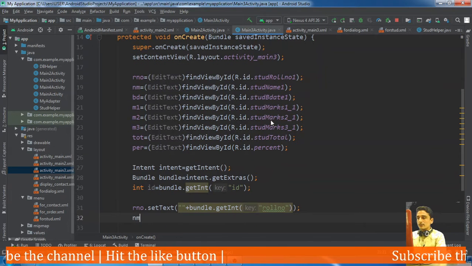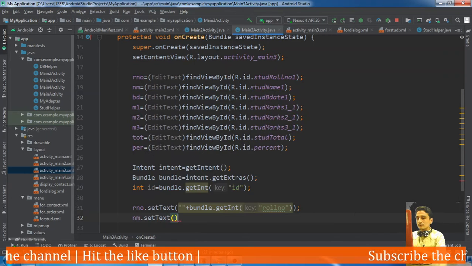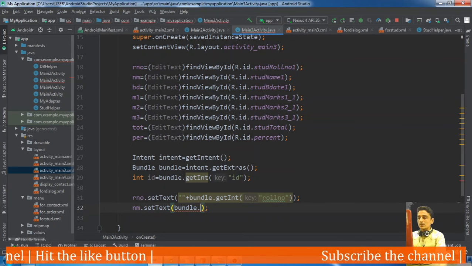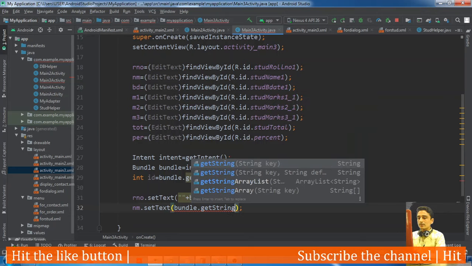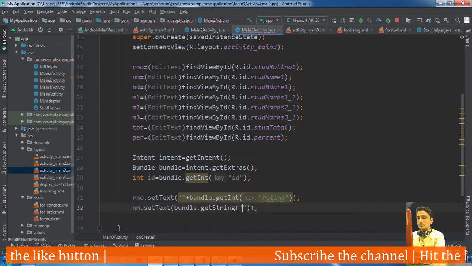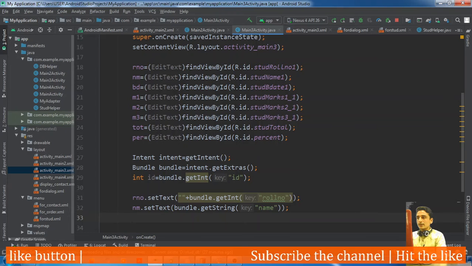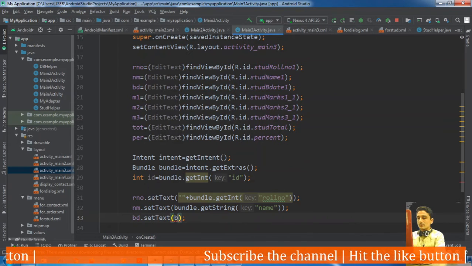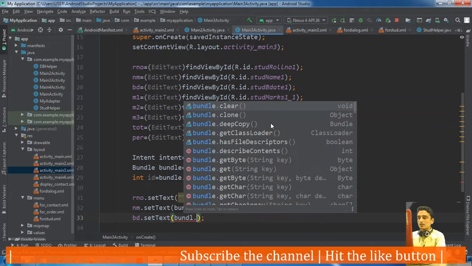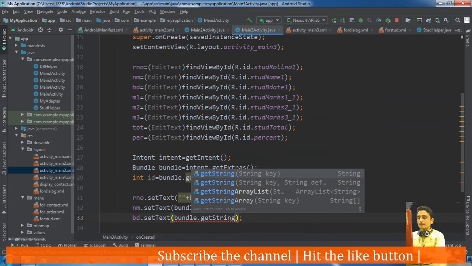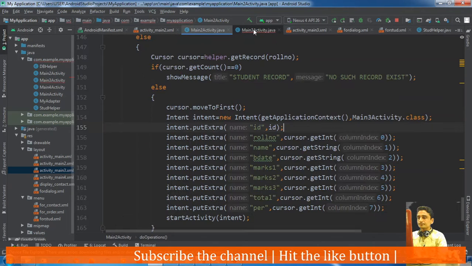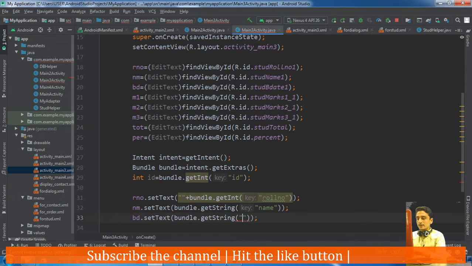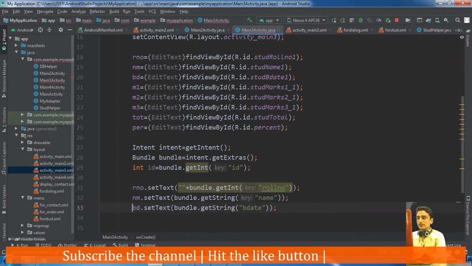Then name dot set text, bundle dot get string name. Again bd dot set text, bundle dot get string, birth date.